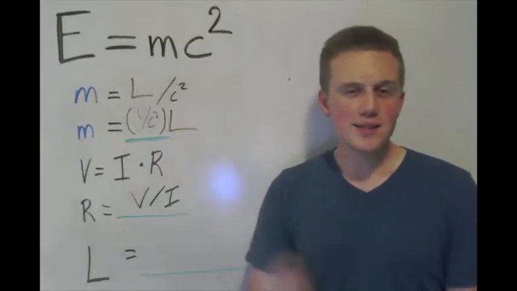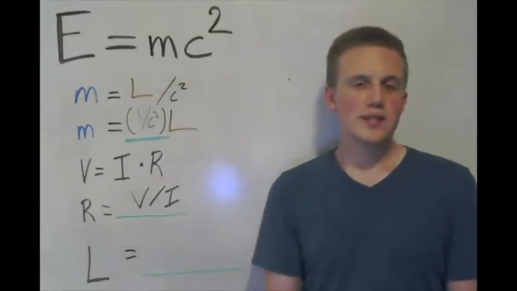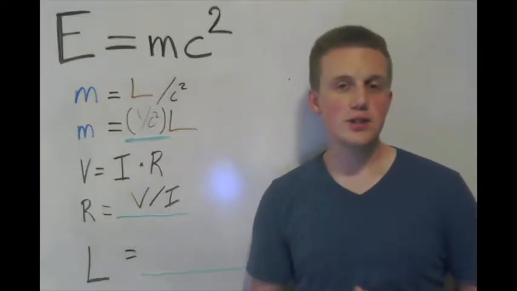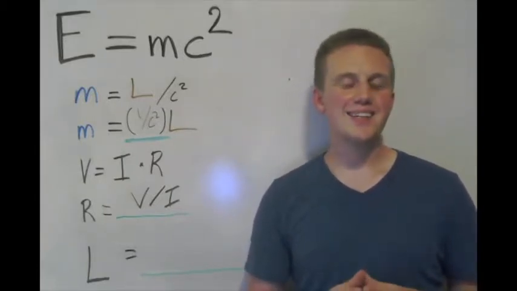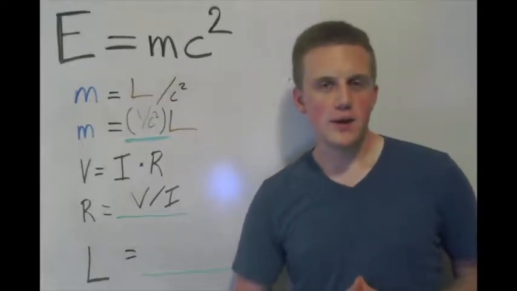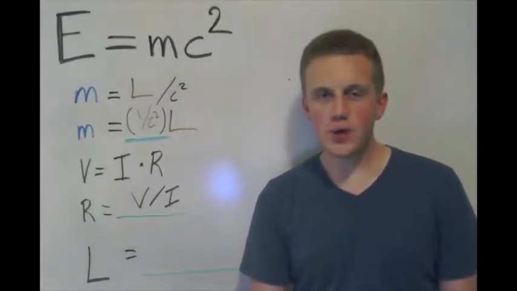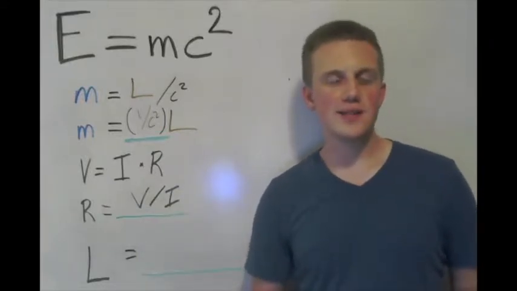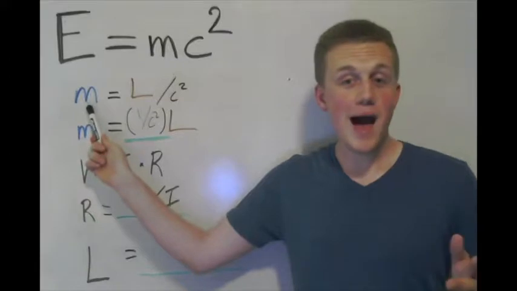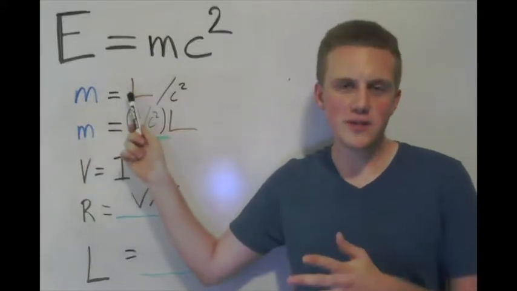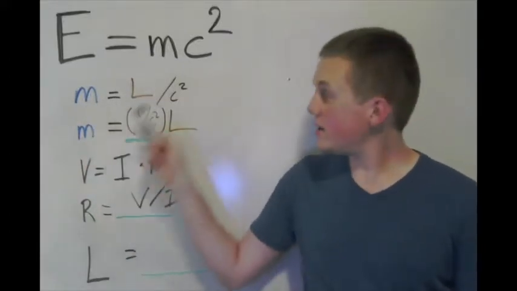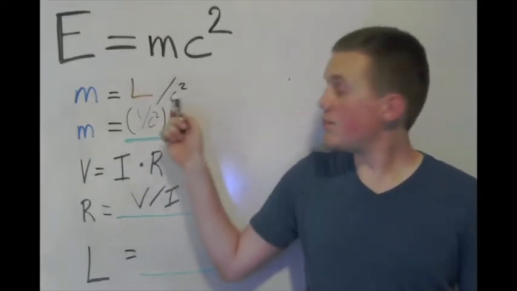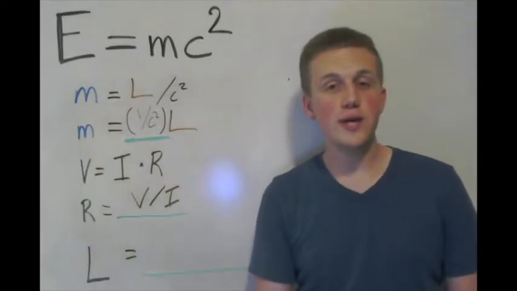Let's bring it back to Einstein's equation. We want to identify the quantity of interest and rearrange equations so they highlight the essential information. Mass and energy were equally relevant to Einstein's work. He just chose to write the expression in a way that emphasizes the change in mass instead of the emission of energy. If you take this equation and you multiply both sides of the equation by c squared, you get